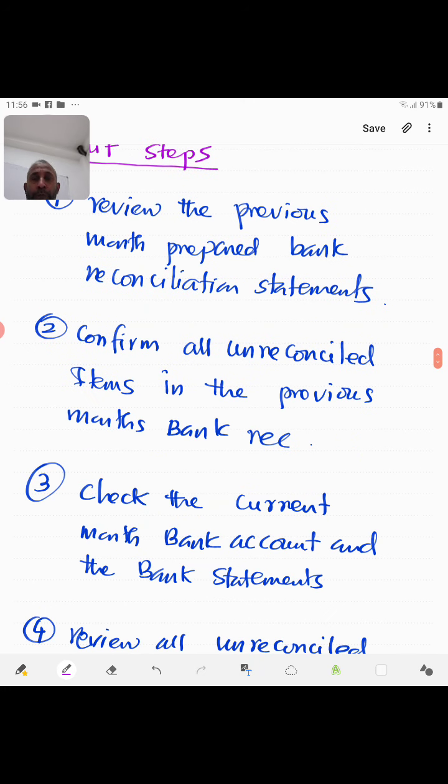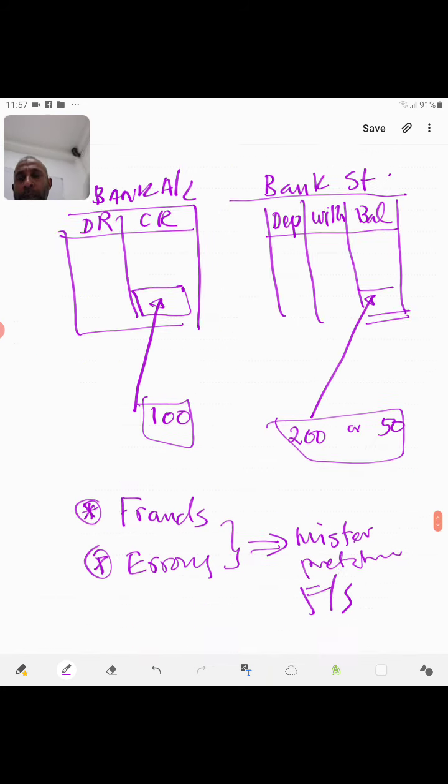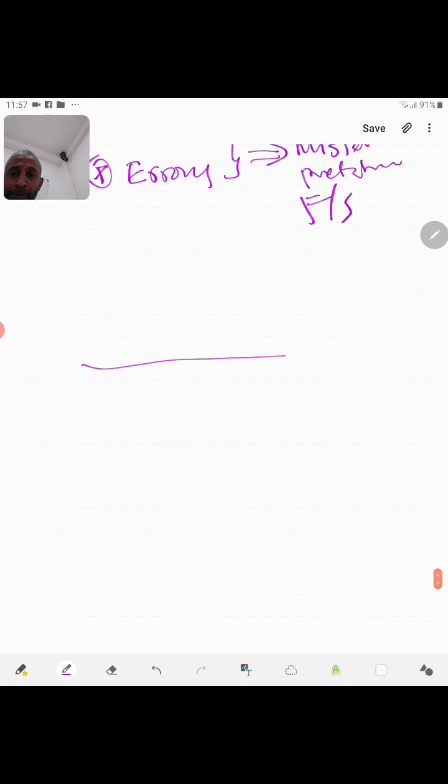Now, audit steps. The very first thing we need to do is find out whether there is any bank reconciliation statement prepared for a period prior to the period we are auditing. Suppose we are auditing for, let's say,